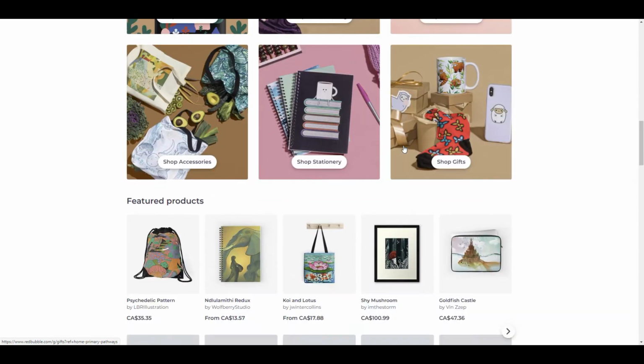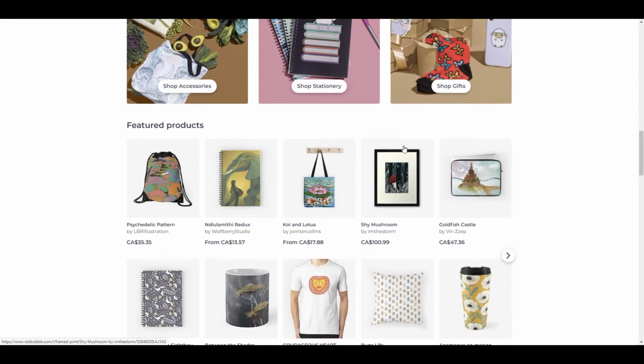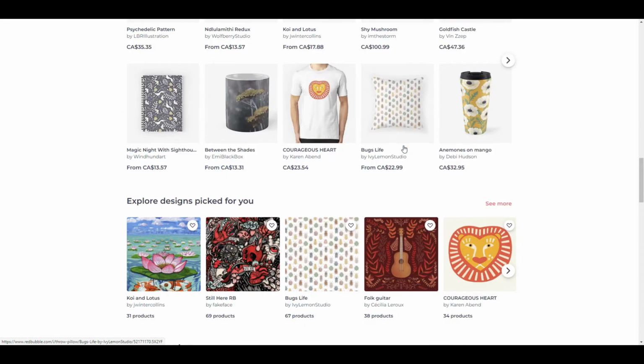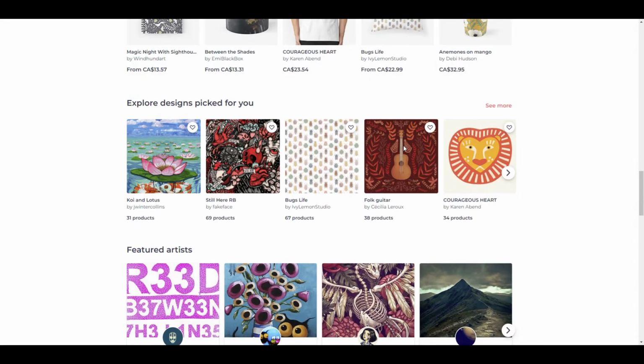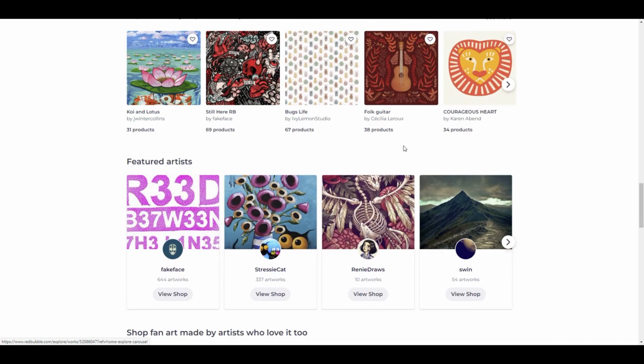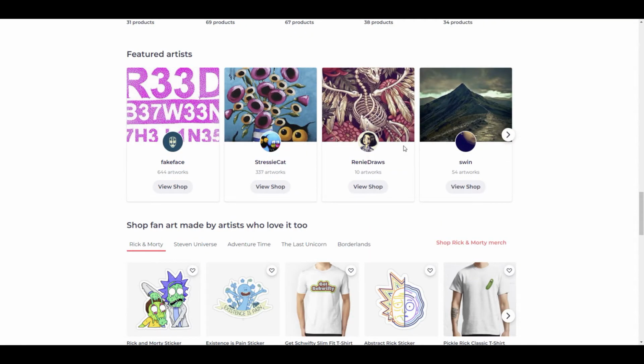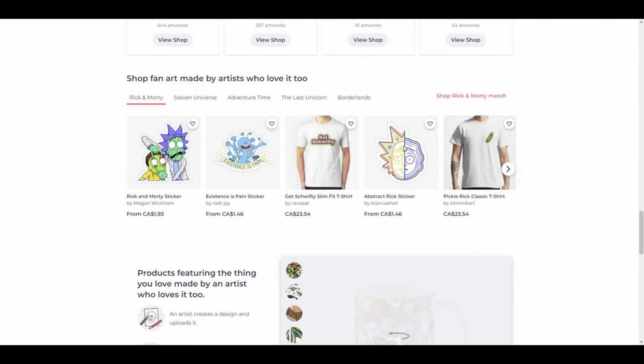do all sorts of different things that make your design stand out on that particular product through the Redbubble platform. Now, because they take care of everything in the back end for me, I don't have to worry about managing my account once I upload that design. The sales, once they come through, I get an email notifying me that I made a sale. And then when I hit a $20 threshold, they make sure to send me a payment through PayPal. So Redbubble is one of the easiest platforms,